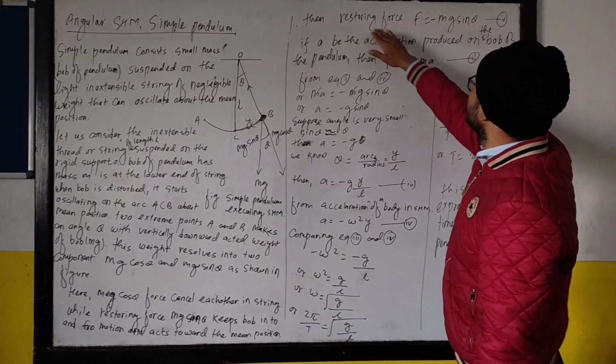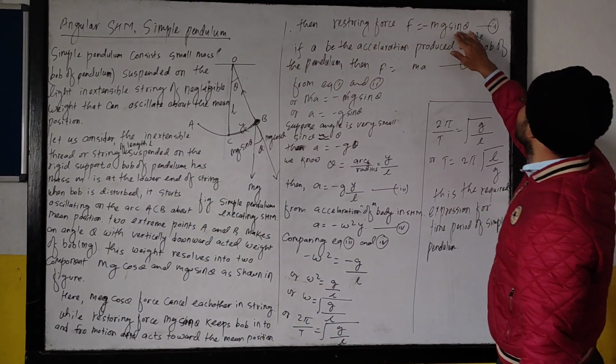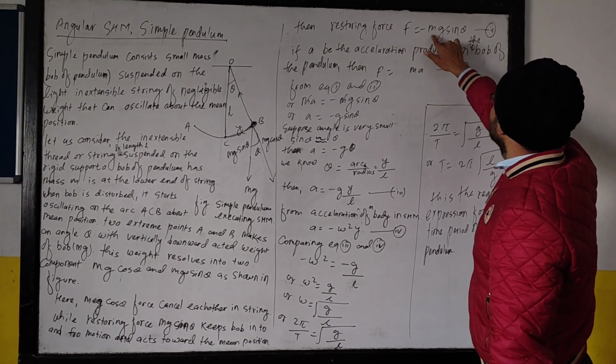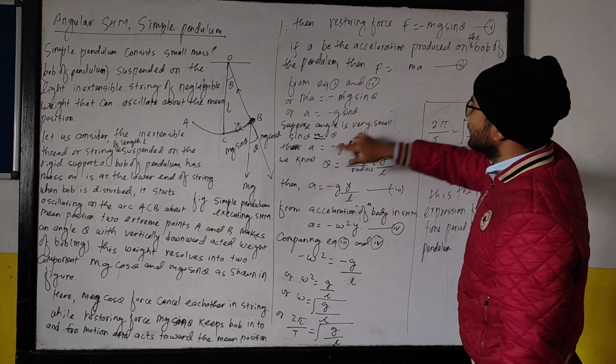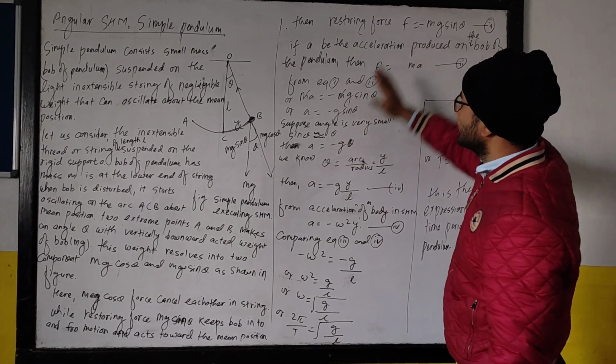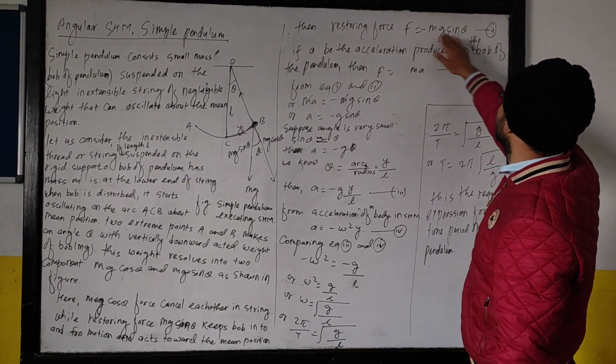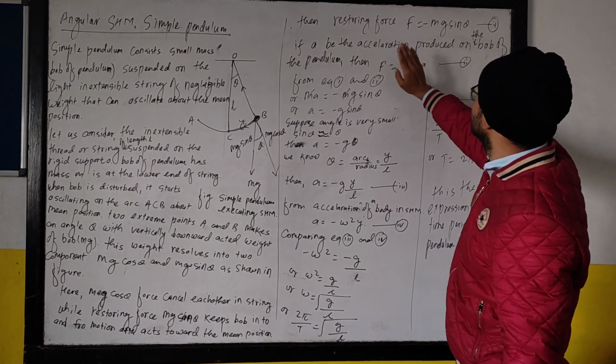ल्याउने यहाँ ल्याउने भनेपछि रिस्टोरिङ फोर्स भनेको चाहिँ mg sin theta. Here F equal to minus mg sin theta. अब यहाँ चाहिँ माइनस साइन देख्नुहुन्छ, यो चाहिँ जहिले पनि कतातिर एक्टिभ भइरहेछ, रिस्टोरिङ फोर्स इक्विलिब्रियम पोजिसन अथवा मिन पोजिसनतिर, त्यही भएर माइनस साइन तपाईँ देख्न सक्नुहुन्छ। यो इक्वेसन यसलाई 2